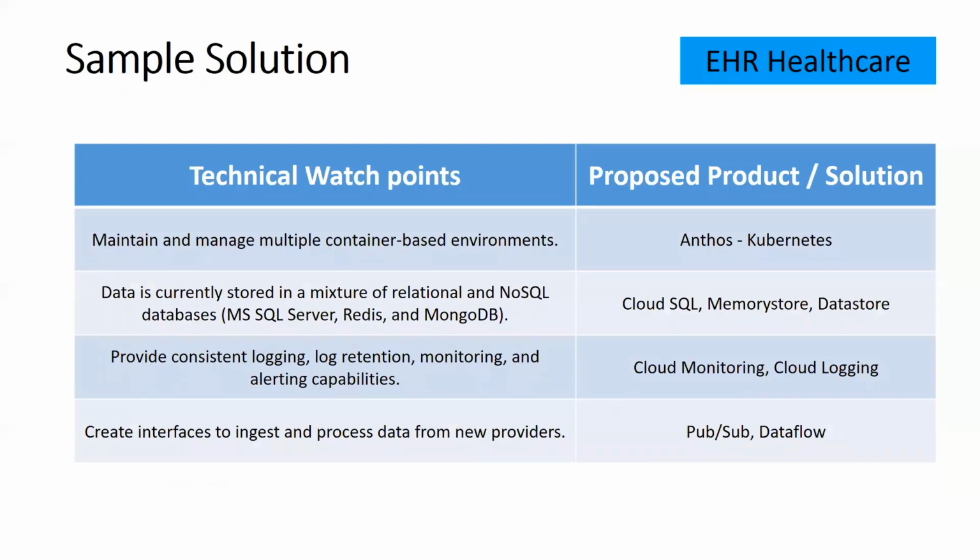One of the main technical points is that they want to maintain and manage multiple container-based environments. We will use Anthos for running Kubernetes. We need a solution that is both scalable and resilient. They want hybrid setup, and Anthos will help them in managing on cloud as well as on-premise data center. In the exam, I got around 20 questions on Anthos, GKE, and containers. 4 of them were from this case study. So this is a topic you should go back and study in great depth.